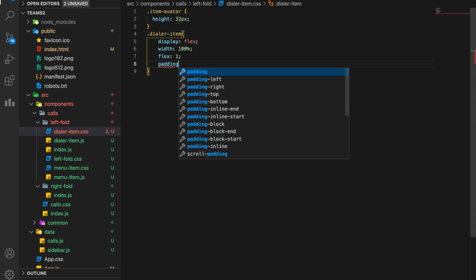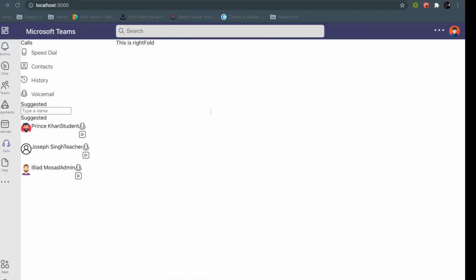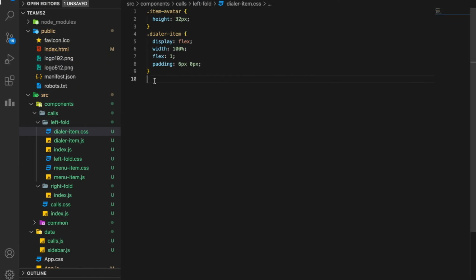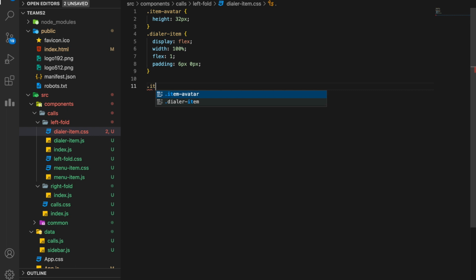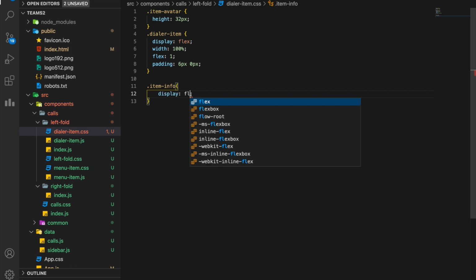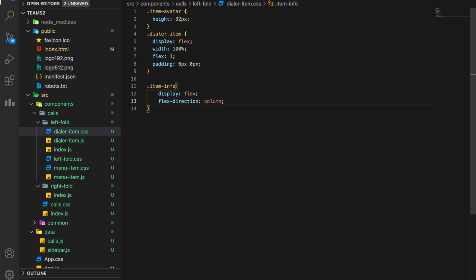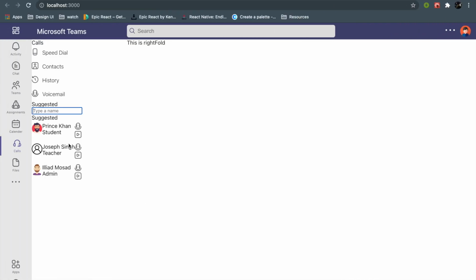So next we have a padding. I want it to have a vertical padding of 6 pixels, but a 0 pixel padding in the horizontal direction. So if you see it, it looks like this right now. We'll style it further. So item info, the title and subtitle, we'll style it right now. We'll give it a display property of flex, which you must have guessed by now. We'll give it a flex direction of column because it's one on top of each other, and I will give it a flex of 1. Now why 1? Because you see it is taking most of the space, therefore 1. So it looks like this right now.